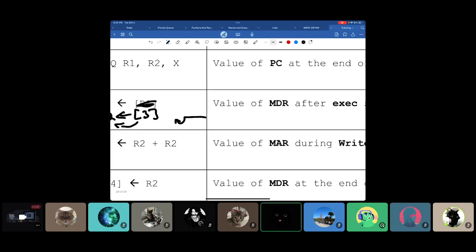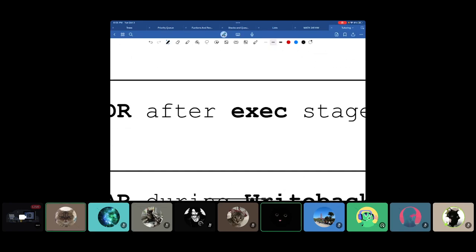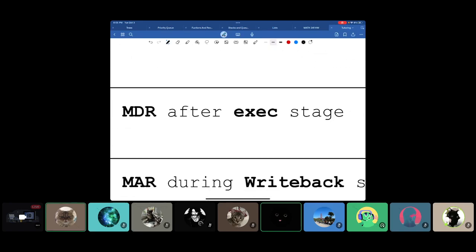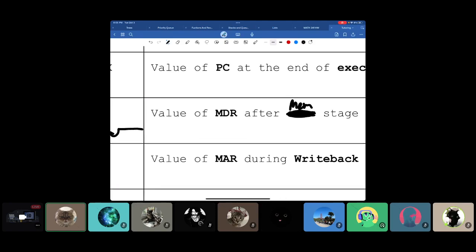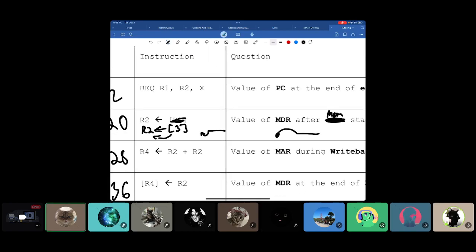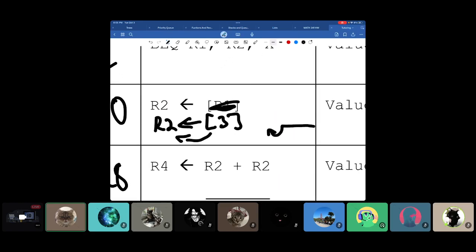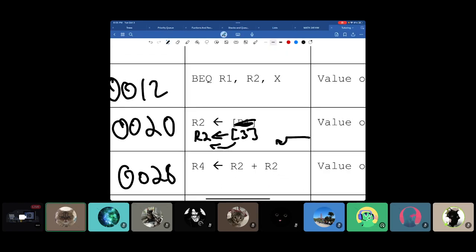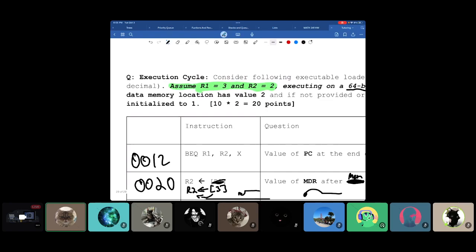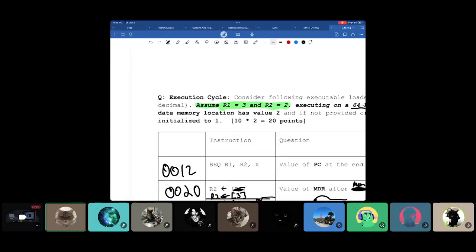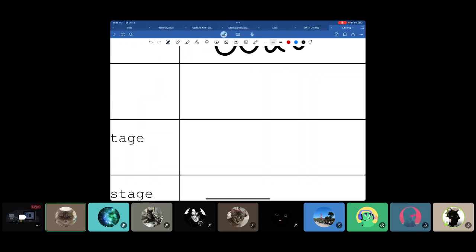Can I just interject? In class, he said it's not supposed to be exec stage, it's supposed to be mem, yeah, sorry. So this is after mem stage, right? Meaning that the value is put on the data line and put into MDR, right? And then from there, that should store the data that was in 3. And again, we know that the data memory location has a value 2. That's why I think the answer should be 2,